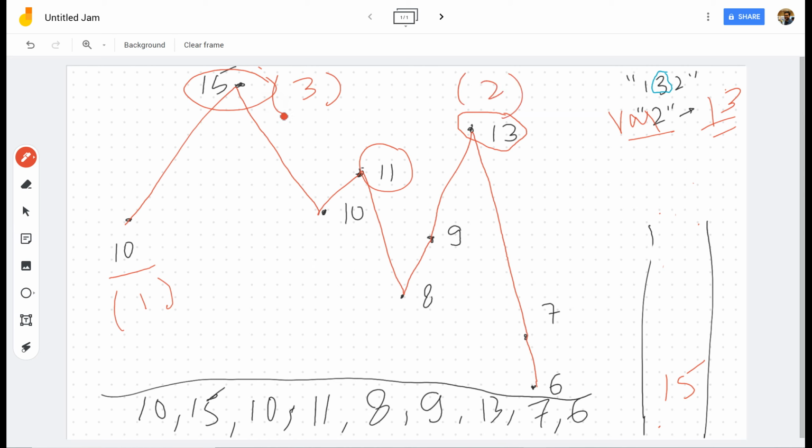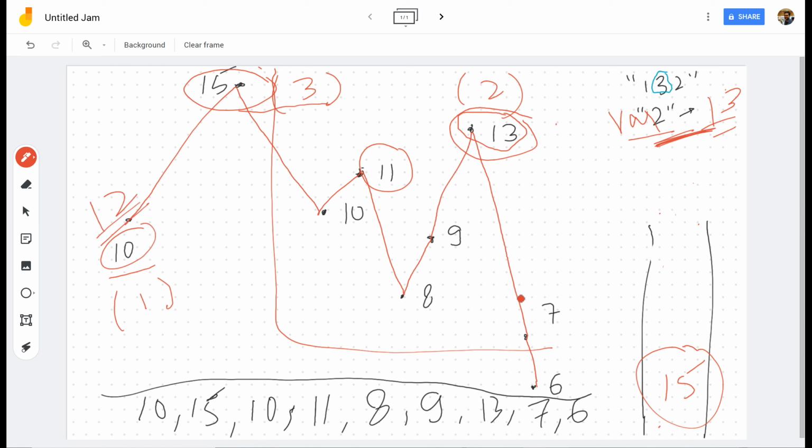So you see, whatever my 3 is, it will always be in my stack. 15 was in my stack, and my var2 is a variable which is just less than my potential 3. So out of all the elements to the right of 15, 13 is that element which is just less than 15, right? So had 12 been there instead of 10, my 132 pattern would still have been formed from 12, 15 and 13. So that's the reason why we keep 13 as large as possible, as close to my potential 3. So let's look at how we can code this.